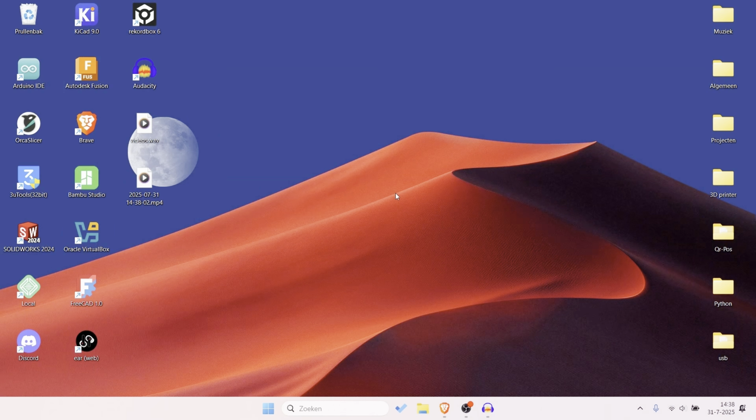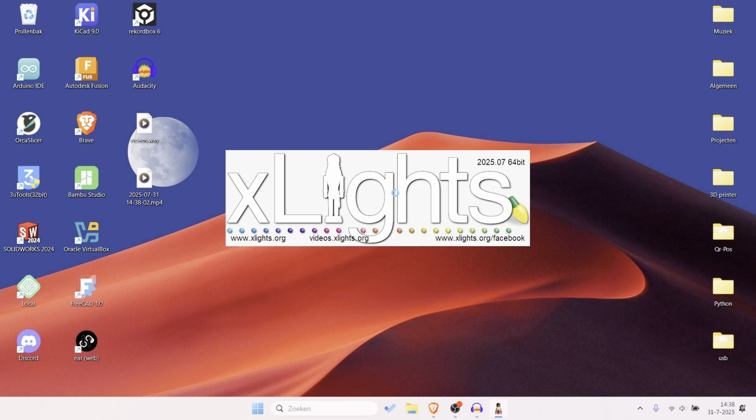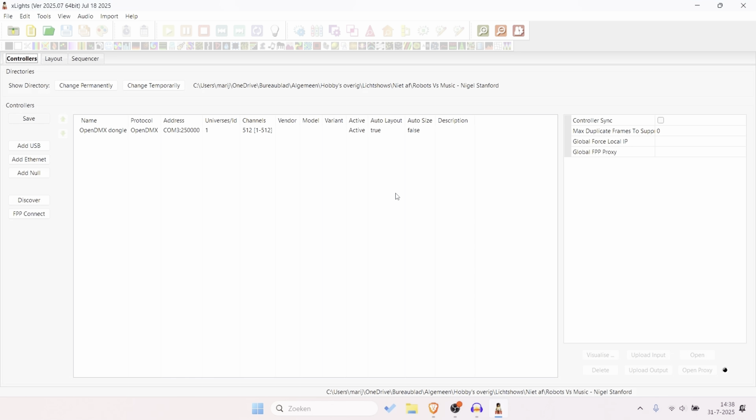Now that you know the basics, I think it's time to start explaining the software. So let's start the X-Lite software. Now when you start the software for the first time, or when you need to make a new show, it asks you to select a show folder. A show folder is just a folder where you put all the files with the show. If you make a new show, you need to make a new show folder to put all your files in. I suggest you make a folder in the Documents folder of your PC, but you can make it anywhere you want.